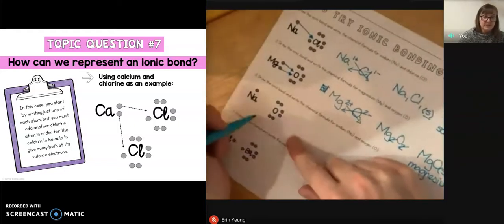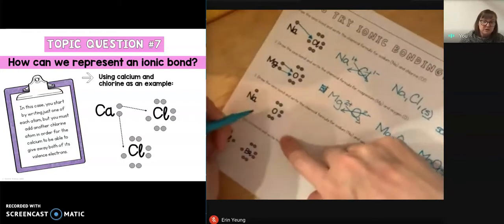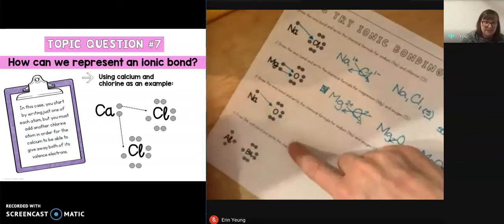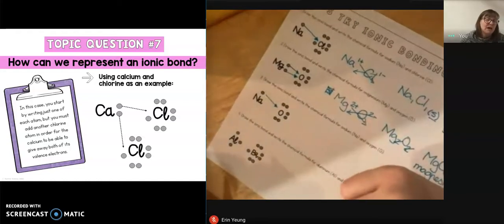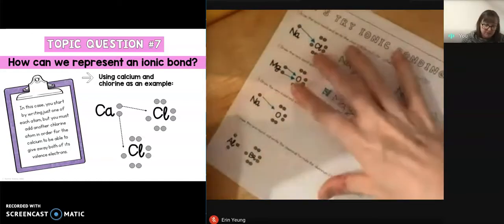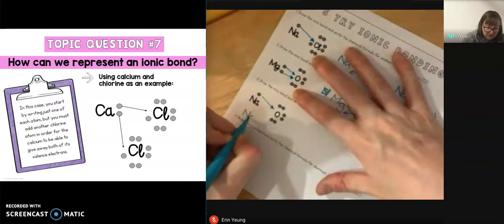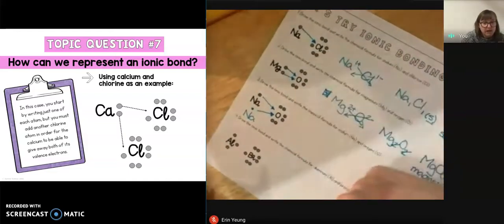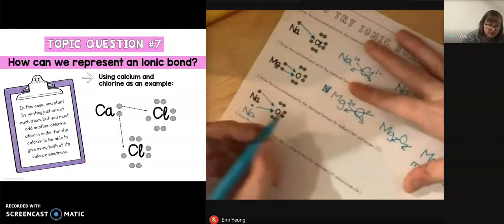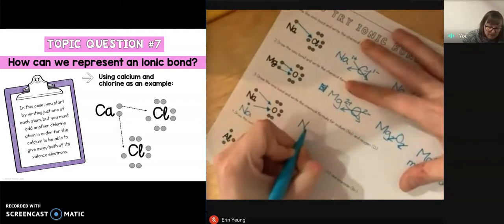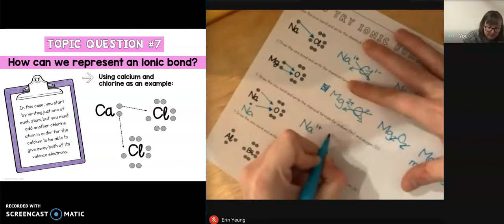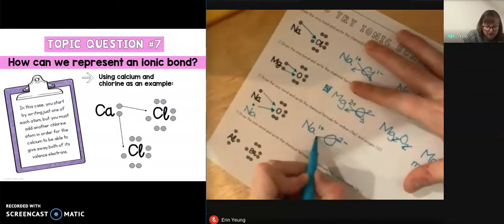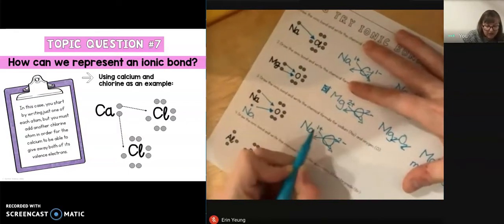Okay, so now we're going to come back over here. Now instead of magnesium with oxygen, we have sodium. So sodium's going to give 1 to oxygen, and oxygen's going to be like, that's not enough. I need more. I am not satisfied. I am not stable. So another sodium atom will have to come over and donate its other electron. So now we're going to have sodium 1 plus, oxygen 2 minus. Then you're going to cross this down and you're going to get